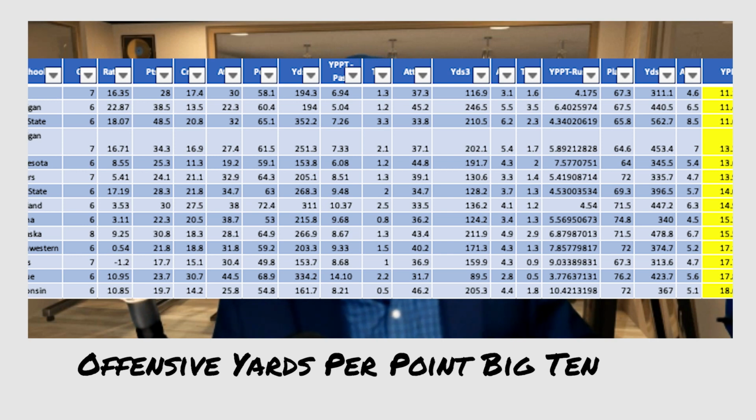Ohio State, even though they're 11.6 and ranked third in the Big Ten, when you adjust to a schedule and adjust for all the metrics I just mentioned, they're actually number one, and very, very efficient when you account for all these other factors that are very, very real in a game.